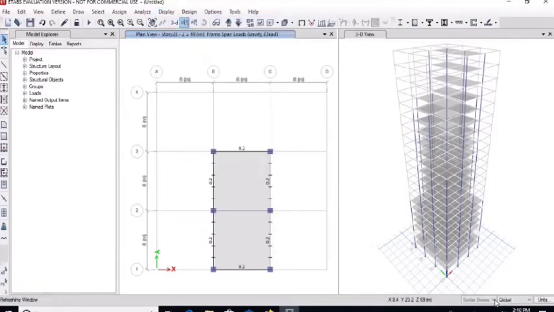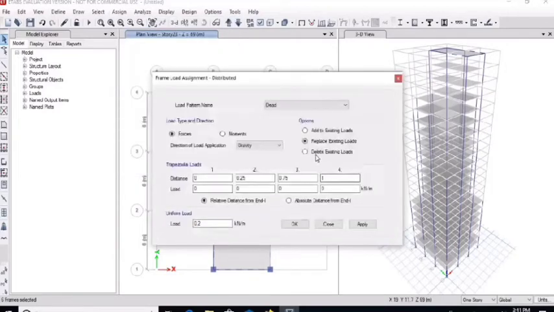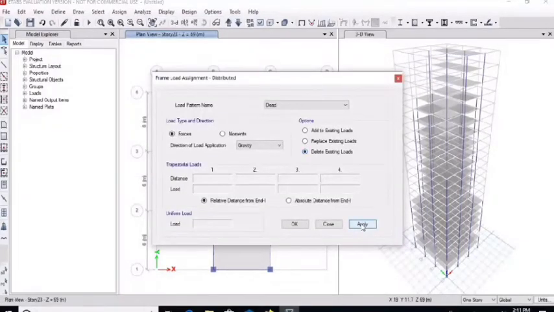Select one story option at this time and select all external beams. After selecting external beams, go to the assign menu, frame loads, distributed and select delete existing loads option. Click on apply and click on OK.